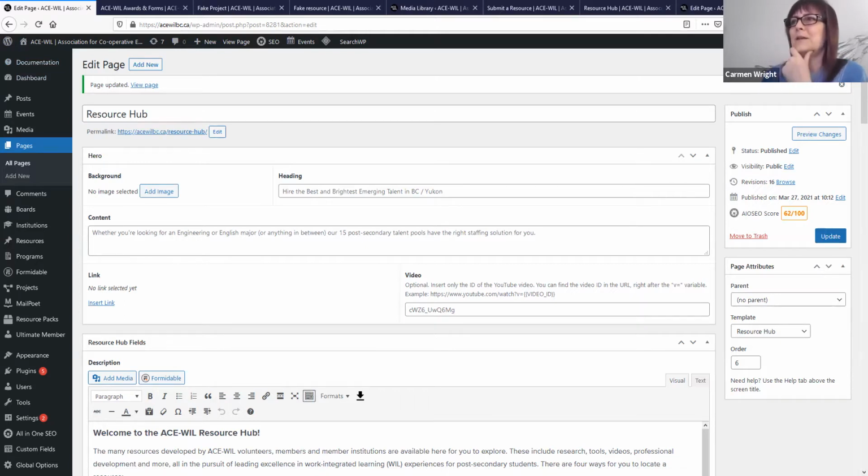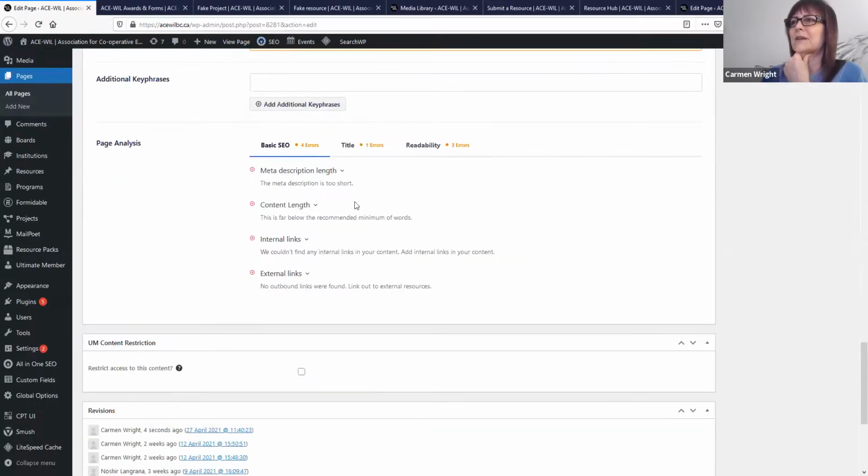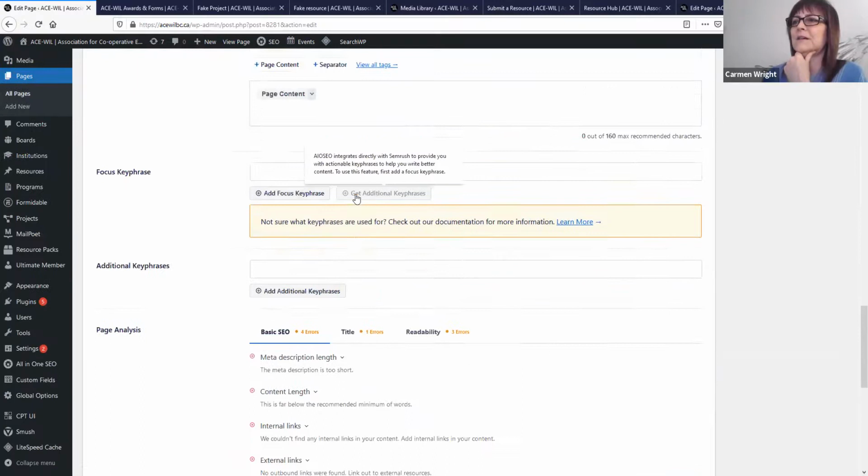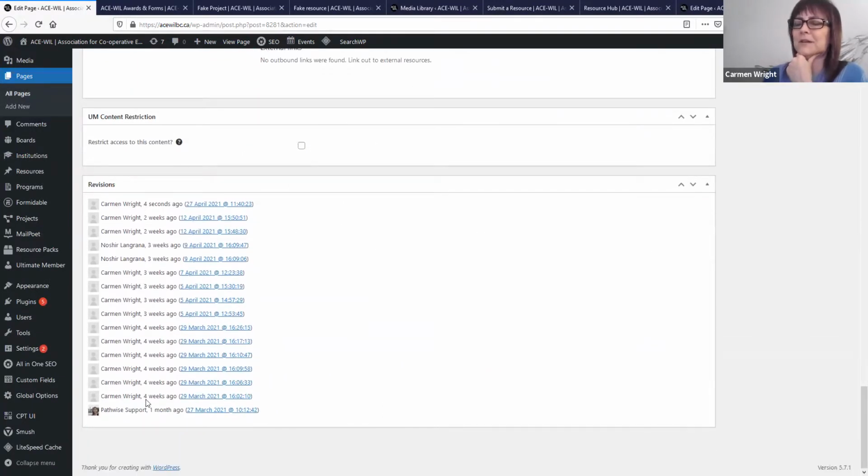Oh, I'm going to say one more thing. At the bottom of these pages, there's SEO stuff that I haven't spent a lot of time on. Some of that's automated, but you can see how many times I've gone in and made micro edits to the page. So don't be afraid of that. Don't feel that you have to do everything all at once and then hit update. Sometimes I just test it. I'll see what a particular button looks like, or see what it looks like as a link as opposed to a button,